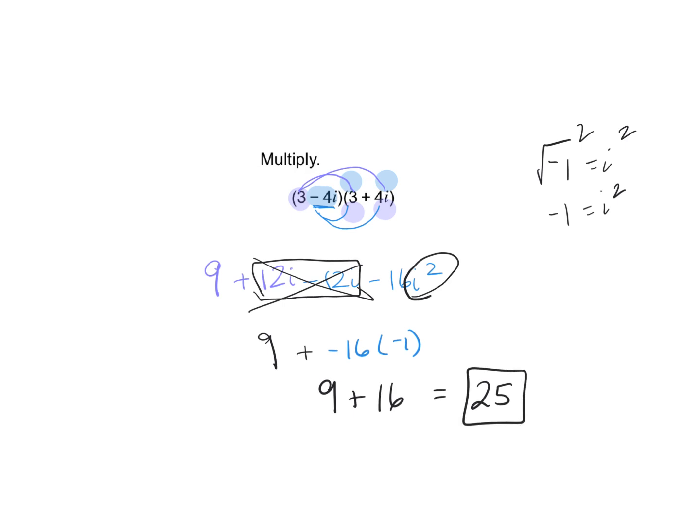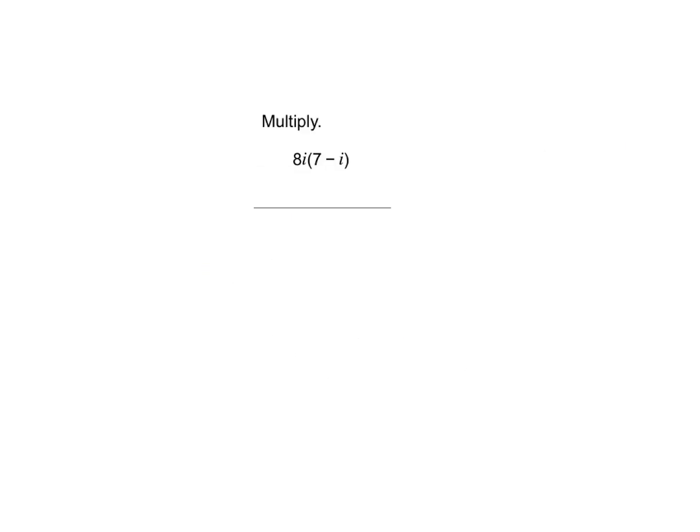Double distribute. This one is the same, but it's only a single distribute, so maybe a little bit easier. So I'm going to take this 8i and distribute it twice. So it's going to be 8i times 7, which is 56i, and 8i times negative i, which is going to